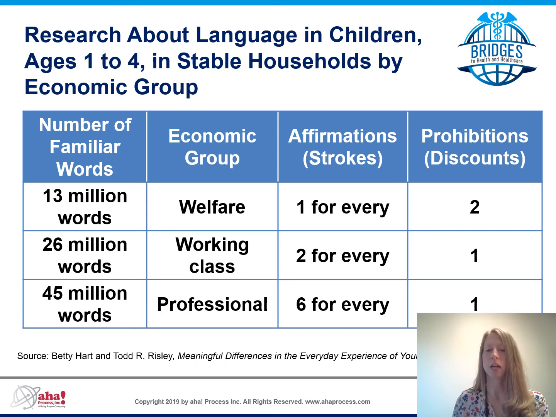This is the amount and type of talk initiated by parents in a middle-class home when a 3-year-old climbs on the couch to look out the window. In poverty, the situation might be handled in just 2 words, get down. This study found that in middle-class homes, there were 5 questions of, what are you looking at? Or affirmations, to every one, get down, or prohibition. Parents in poverty love their children, but the tyranny of the moment influences the amount and the kind of talk in their home, especially if there's generational poverty.